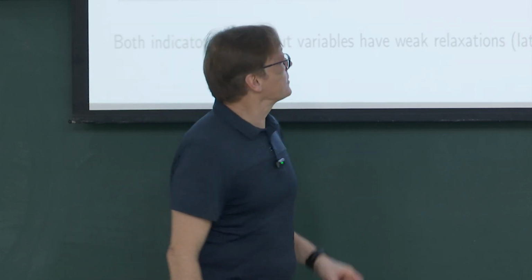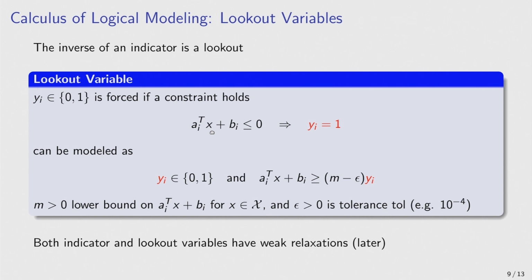So what you want to do in this case is you have, for example, a linear constraint, an affine constraint there, and if that is less than or equal to 0, then you want to force y_i to be equal to 1. And you can model this by now having little m as a lower bound on your linear expression or nonlinear expression, and epsilon is a small tolerance,